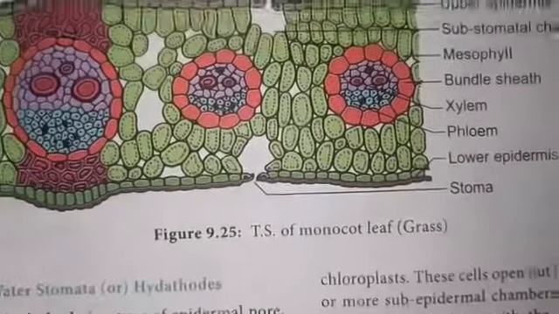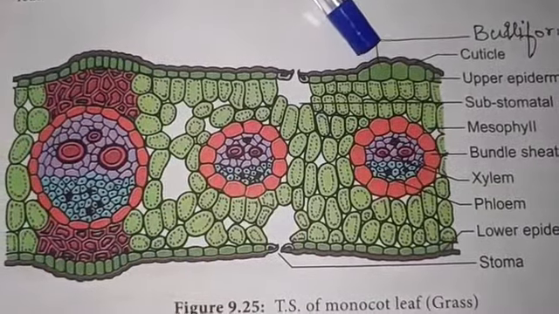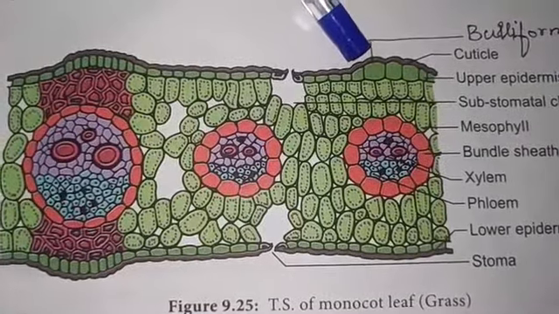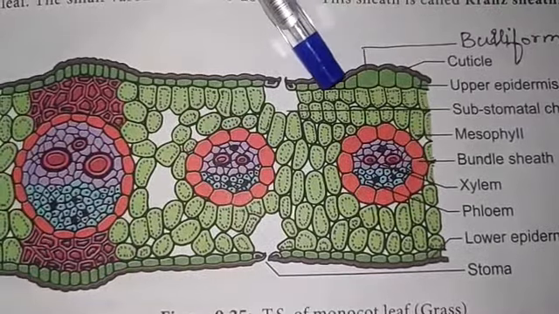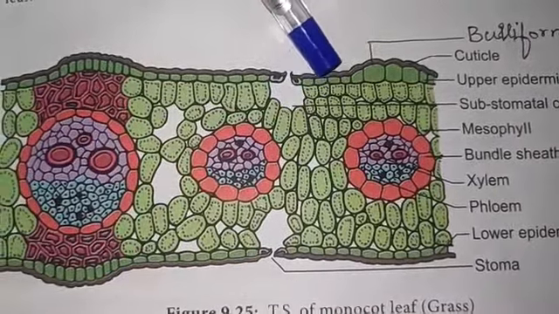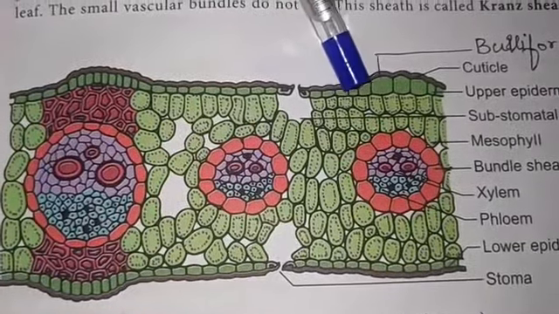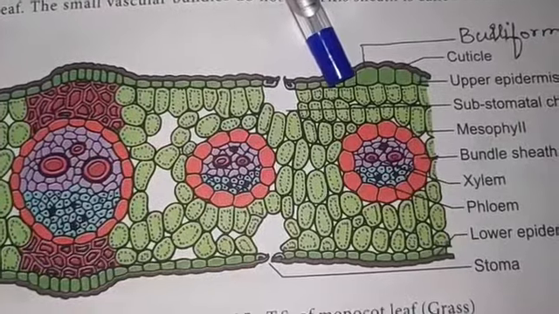So these are used for rolling and unrolling of the leaves according to the weather changes. Some of the epidermal cells of the grasses are filled with silica. They are called silica cells. In some epidermal cells, the silica is present in it. Such cells are called silica cells.